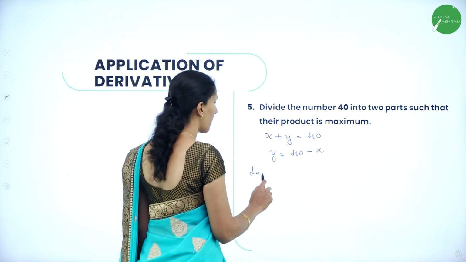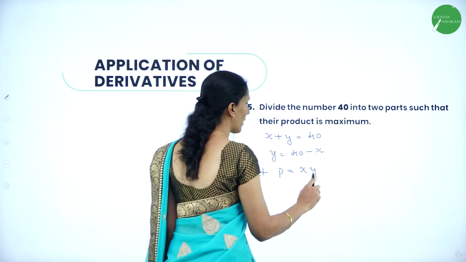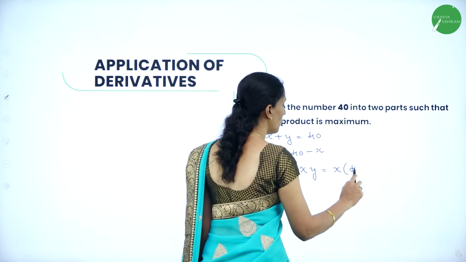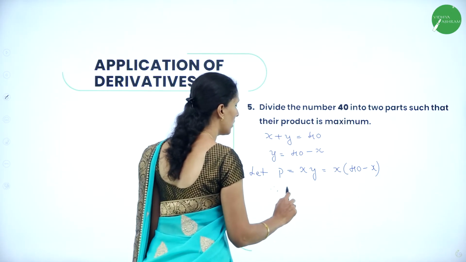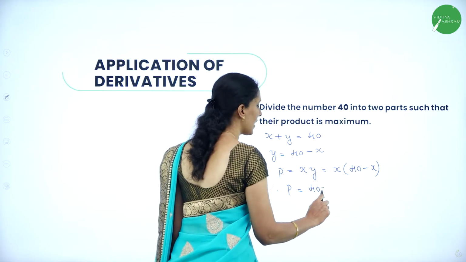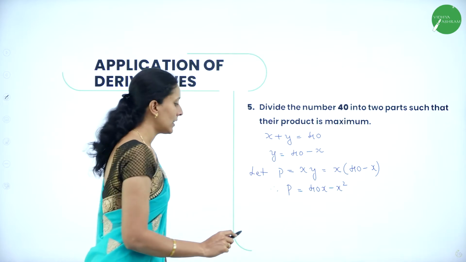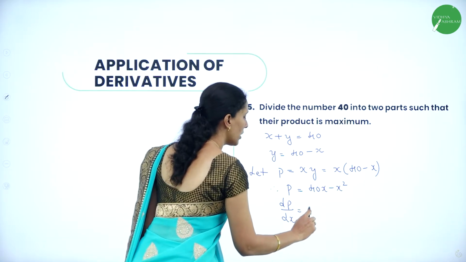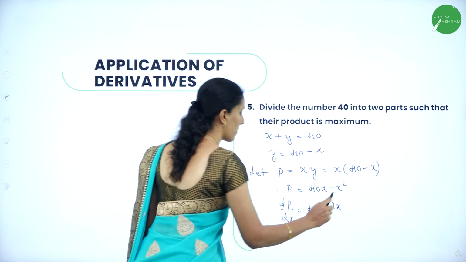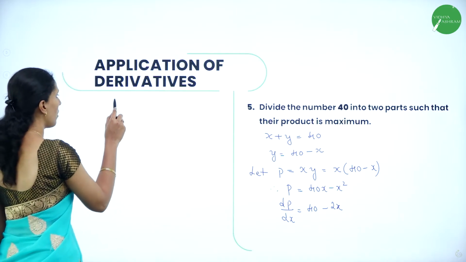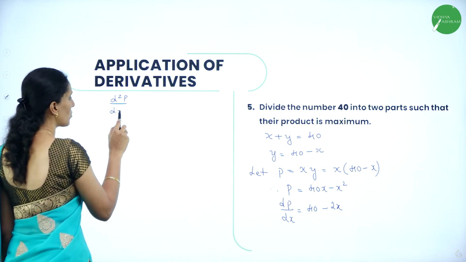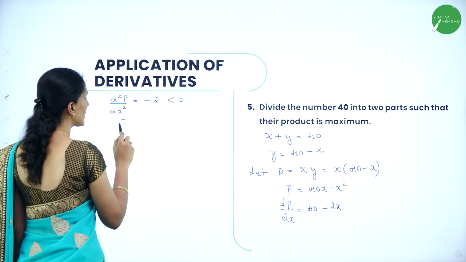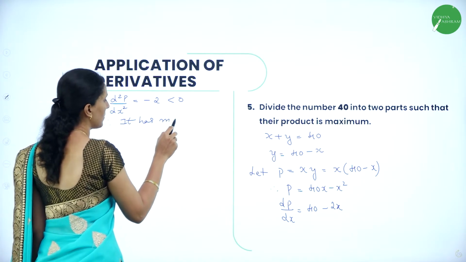So let p is equal to x into y. We have got y as 40 minus x. So therefore here I will get x into 40 minus x. So therefore p is equal to 40x minus x square. Let's see the first derivative, that is dp by dx is equal to, here you will get 40 minus 2x. Let's see d square p by dx square now. So d square p by dx square, for the first one it is 0, minus 2, less than 0. Therefore, it has maximum